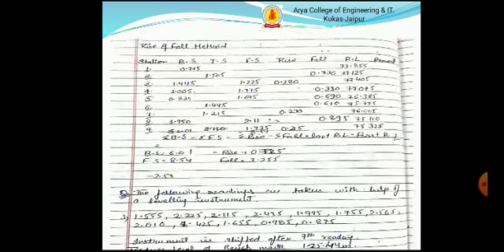So, rise and fall method. In the rise and fall method, backsight, intermediate sight and foresight are given, but rise and fall are not given. The first reduced level is also given. So we can calculate all the rise and fall, and we can check our answer by verifying that the summation of backsight minus foresight is equal to the summation of rise minus the summation of fall, which is equal to the last reduced level minus the first reduced level.